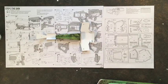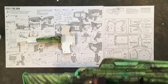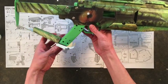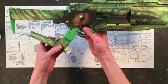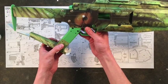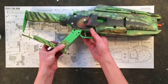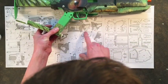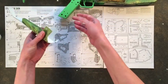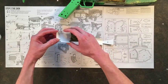you can go ahead and position them around the base of the model. So the butt of the grip sits on top of there like that, and you can see the screw holes line up to where the holes are. There you go. So you can line those up, so you can see how that sits on the base model. Okay, but before we attach that, we just need to glue the front together,